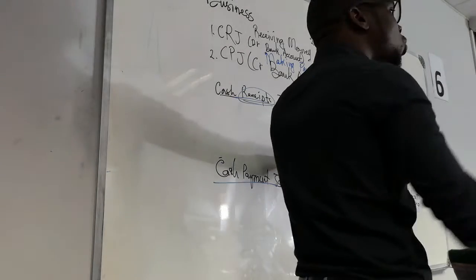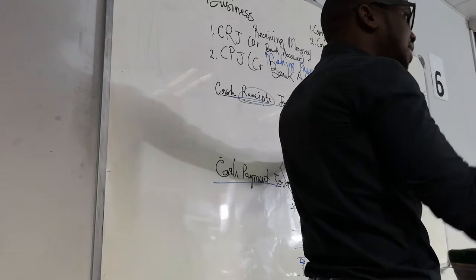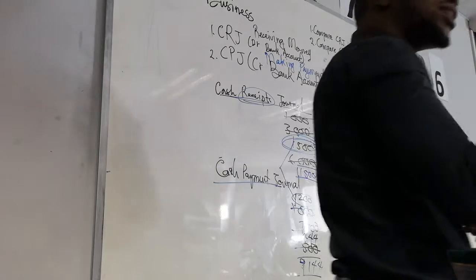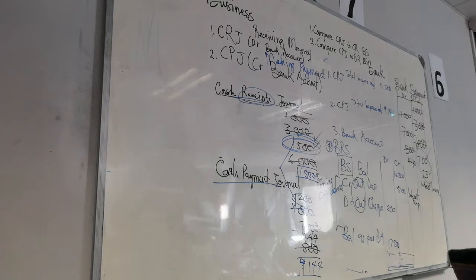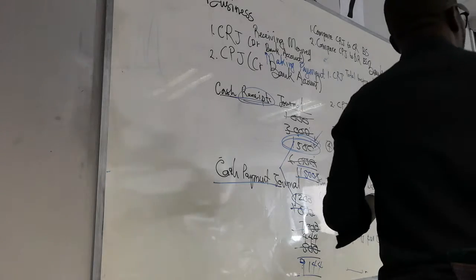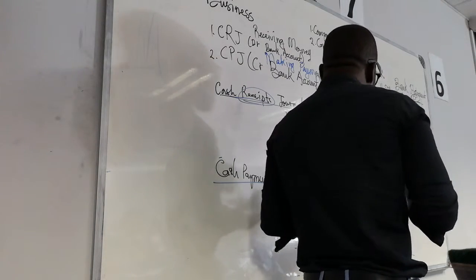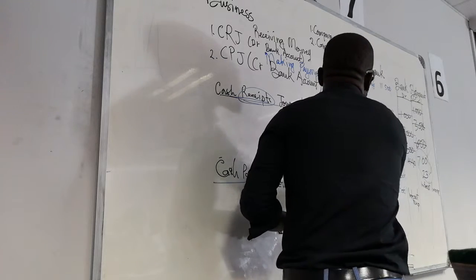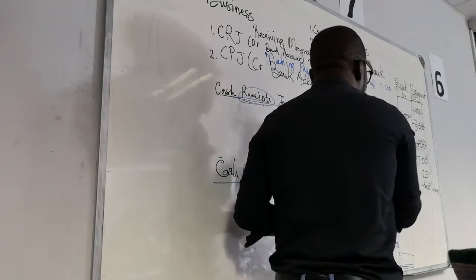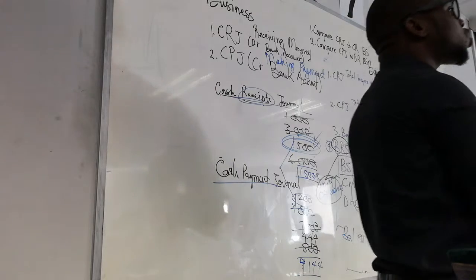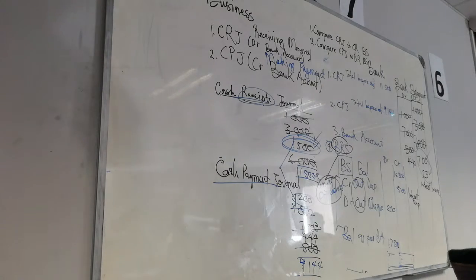Then timing differences go into our bank reconciliation statement. The question is, which ones are timing differences? It's okay, you don't have to answer me. I don't want to be disappointed by the fact that you're not listening. As long as you know what timing differences are, when you find them, they will be recorded in our bank reconciliation statement. And then we are going to find another set of differences. We call them adjusting differences.